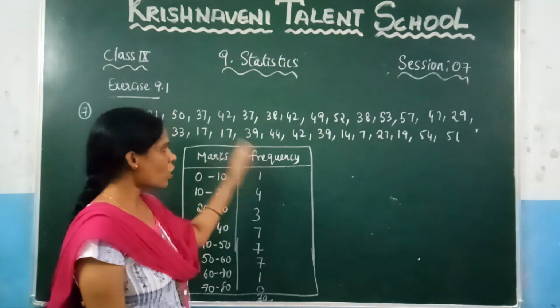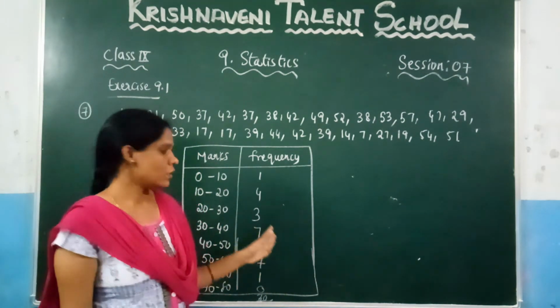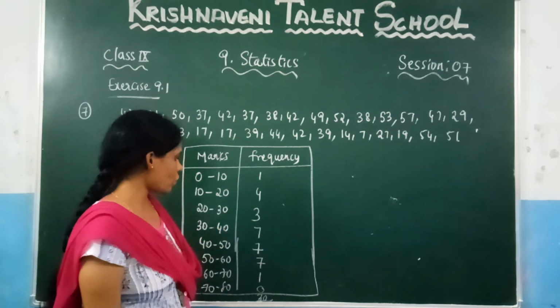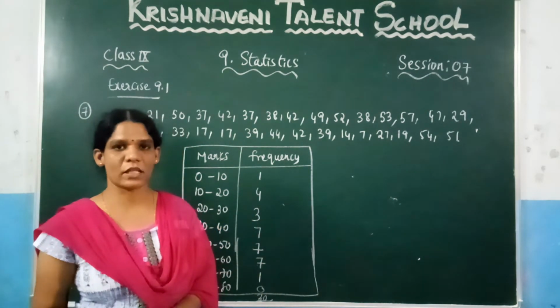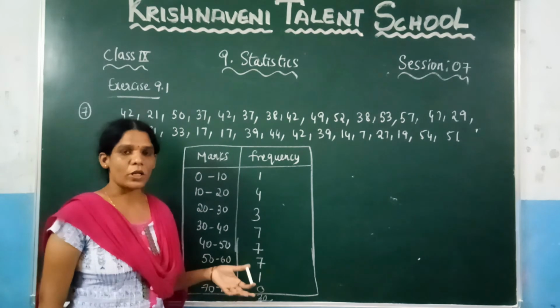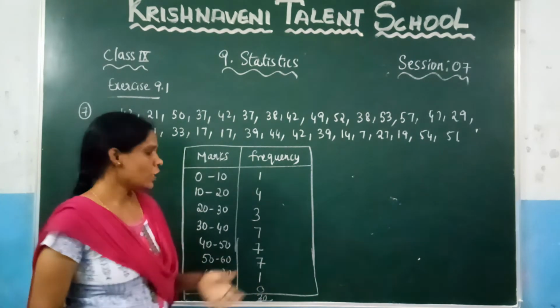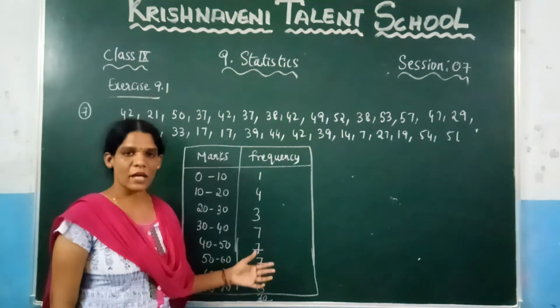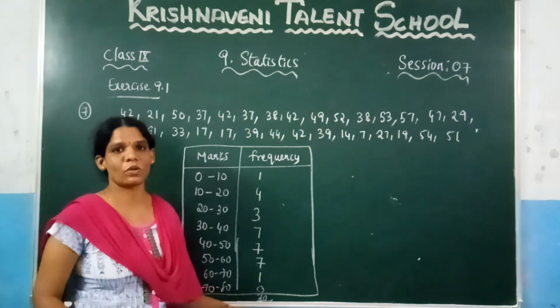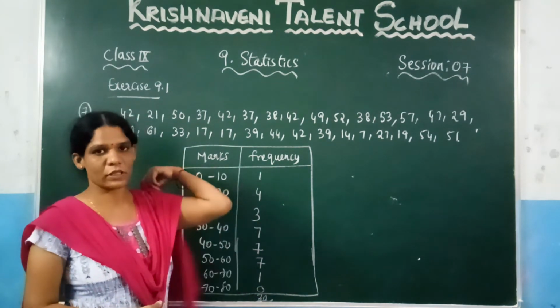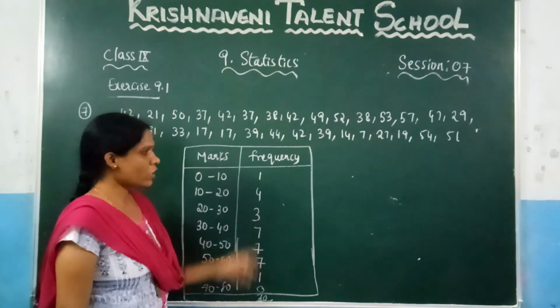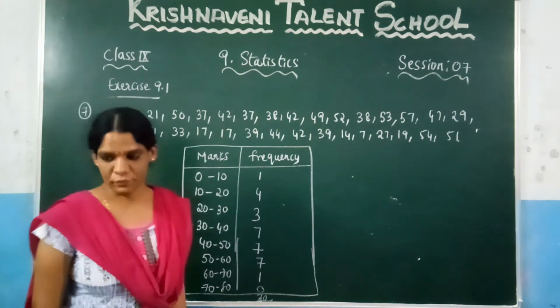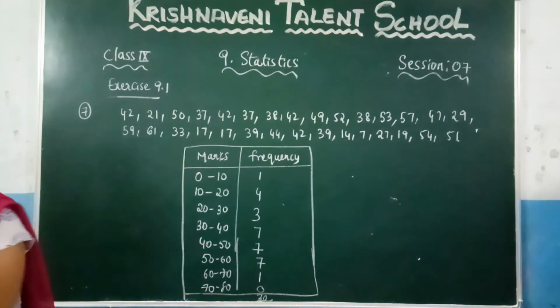So we have written all the marks. We did not write anything wrong. So like this you need to check. If you want to check whether what you have written is correct or not, you can add these frequencies. If you add these frequencies, you have to get the total number of students. Since the total number of students is 30, what we have written is correct. Now let us see the next problem.